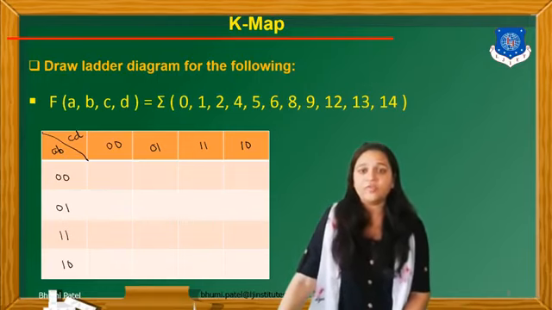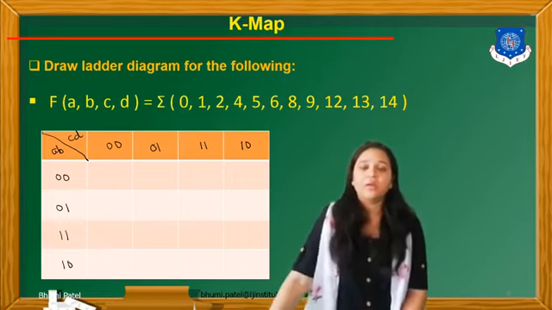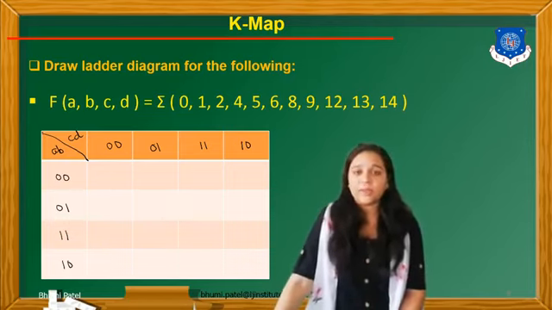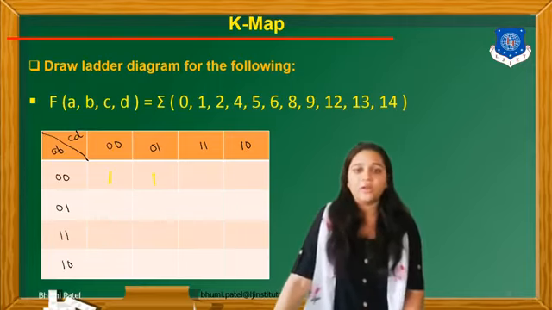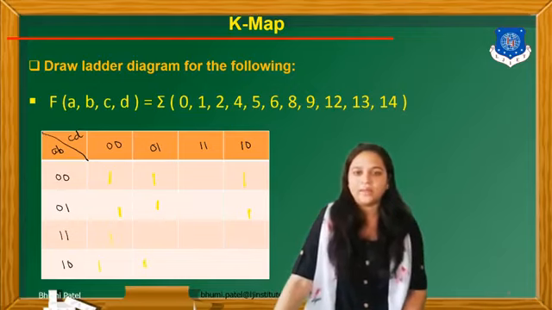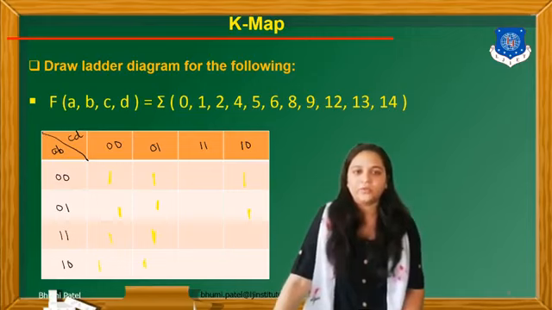So first of all we can put the value of the 1 or 0 in the K map. So put 0, 1, this is 0, 1, 2 and 3, then 4, 5, 6 and 7, then 8, 9, 10, 11, then 12, 13, 14 and 15. So this is my